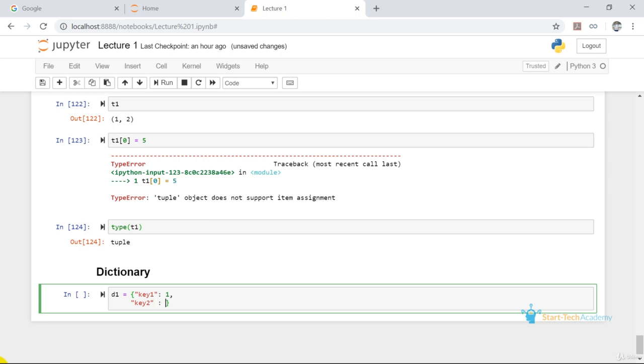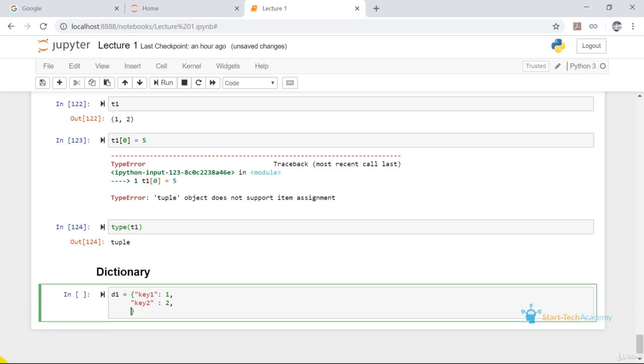In a list there were indexes 0, 1, 2, 3, 4. These key 1, key 2, key 3 are just like indexes. If we run this,